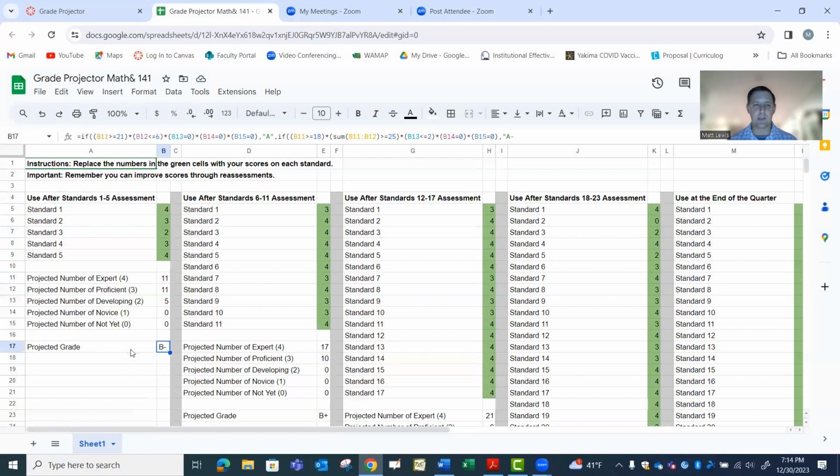So you have to really take this with a grain of salt, but it is a way for you to keep tabs on where your score is sitting at any given time. I would just say that as you use this grade projector, please do make sure that if you are concerned about something you see, you talk to me first, because it may be that your grade's not in as bad of a place as you think. For example,